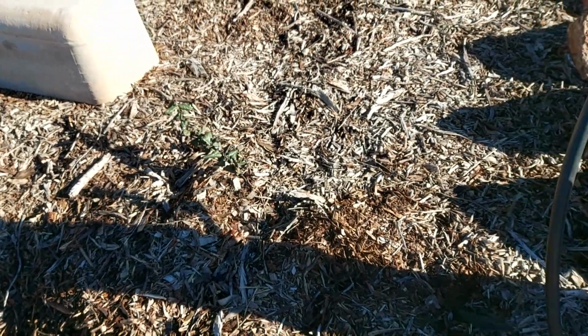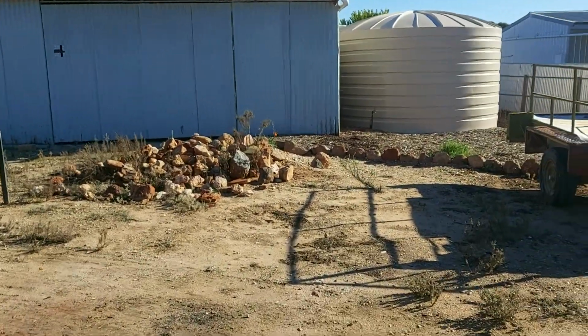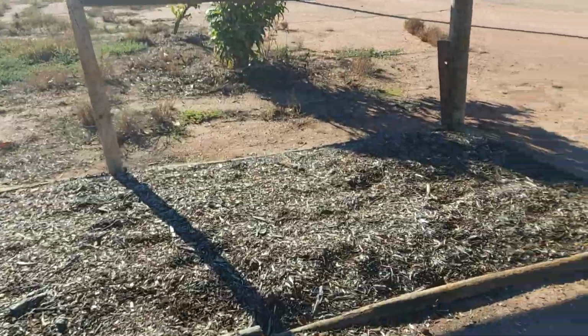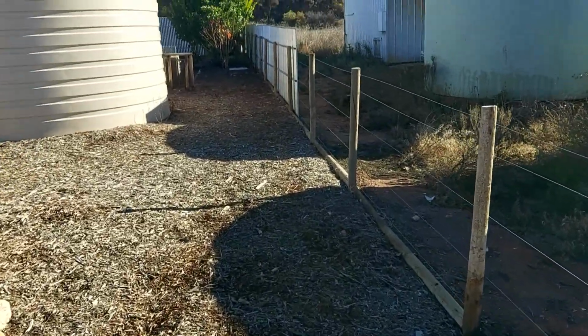Where are we? There. Okay. But otherwise I don't mind the old barbecue. That was another little project. My rocks are going. I've got somebody who wants my rocks, which is really good. Now, coming down the side here, I've got nothing in this garden bed at the moment, but if we pan up and walk this way,